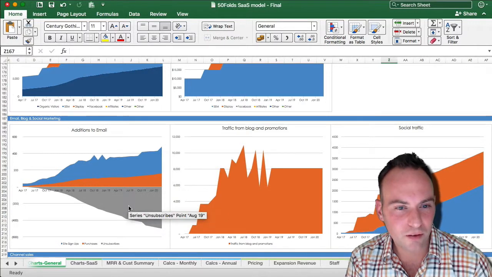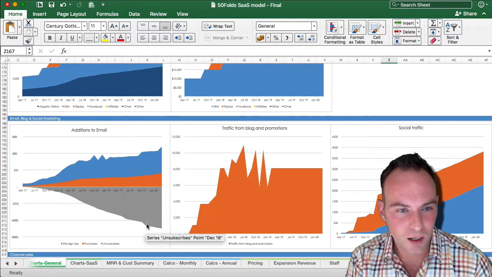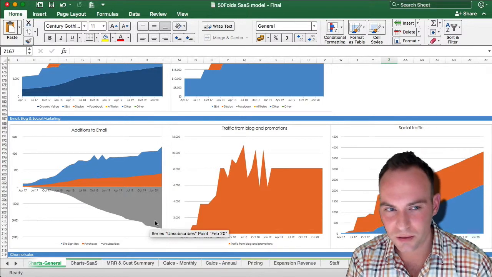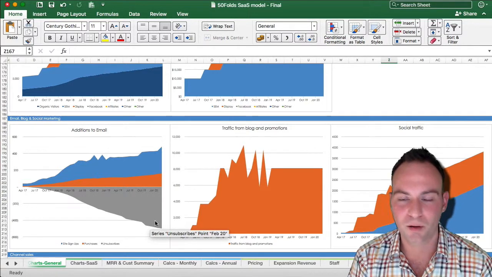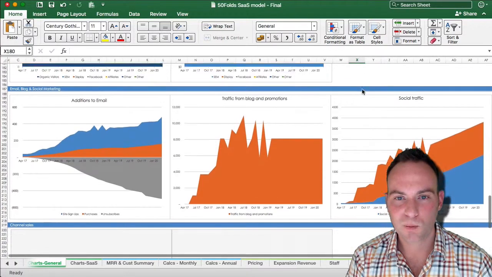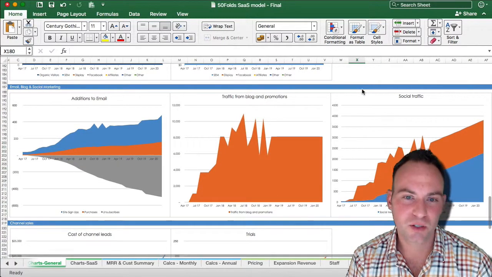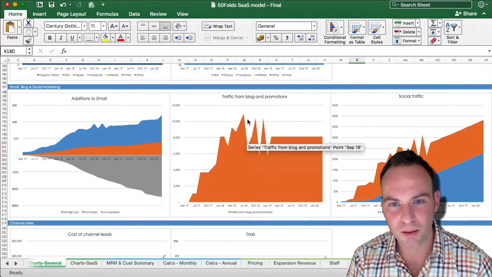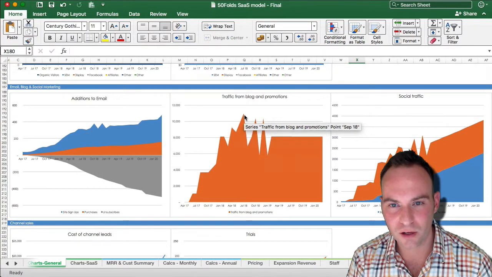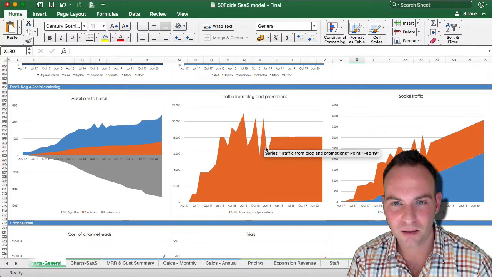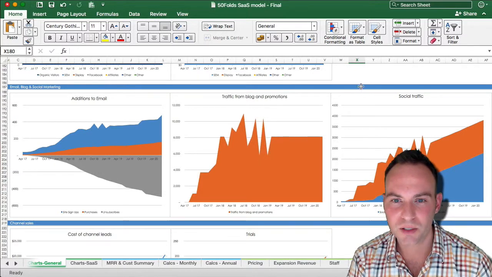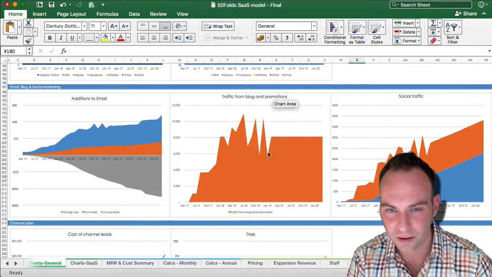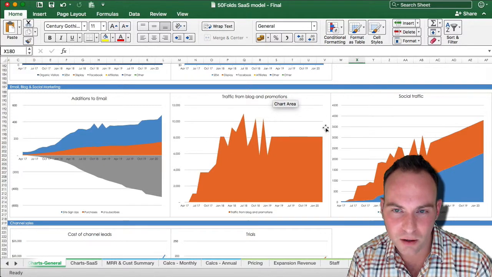So again, if you're looking at the chart and you wonder, our unsubscribe rate looks a little bit too high, go look at your assumptions and maybe taper them off. So now your traffic from blog and promotions, this is just simply how much traffic is coming over time. So maybe you're getting featured in lots of blogs, and this is why you're seeing these spikes. Check your assumptions and just make sure you understand why you're seeing this,